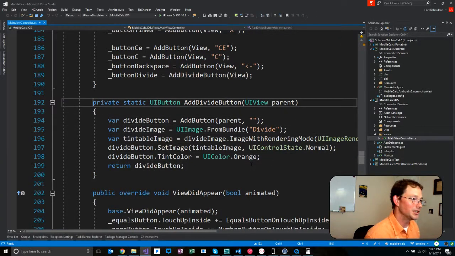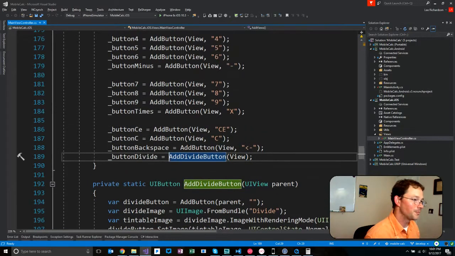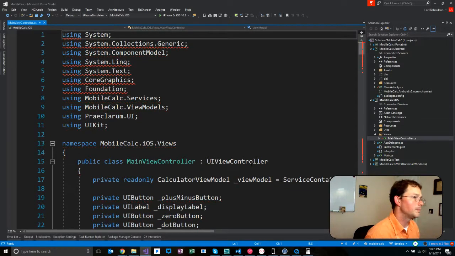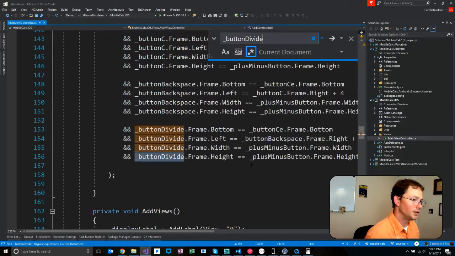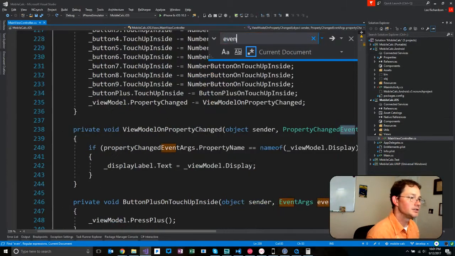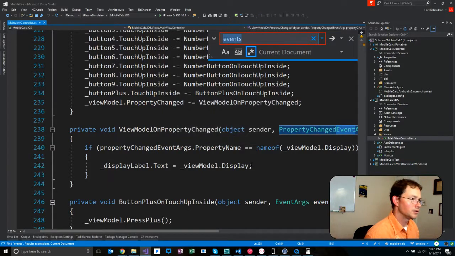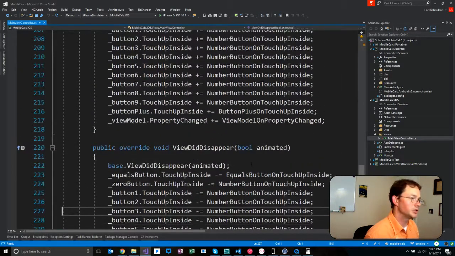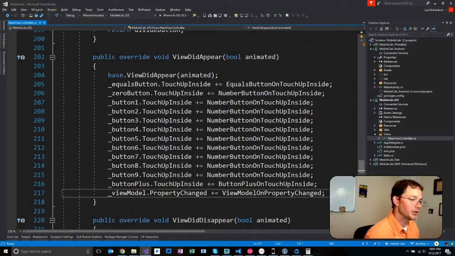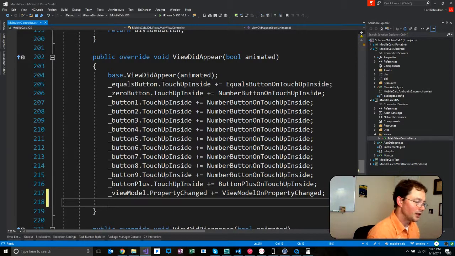We can do better than that, because if I added a divide button dot, nope, okay. We've got an add events in here. Maybe it's not called add events. Sometimes when I'm doing this, I call these methods add events and remove events or something, but that's okay. We want divide dot,